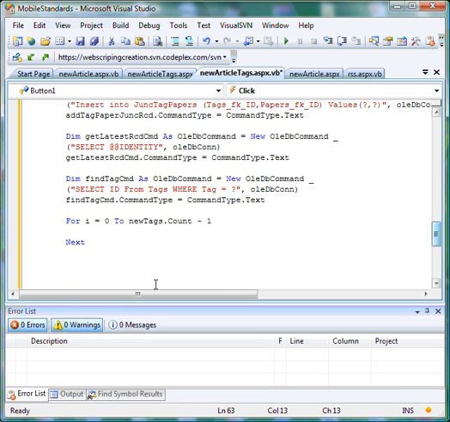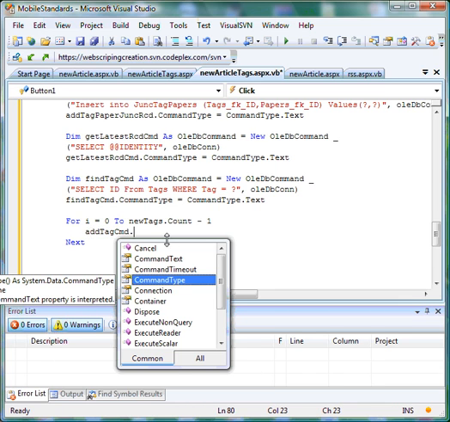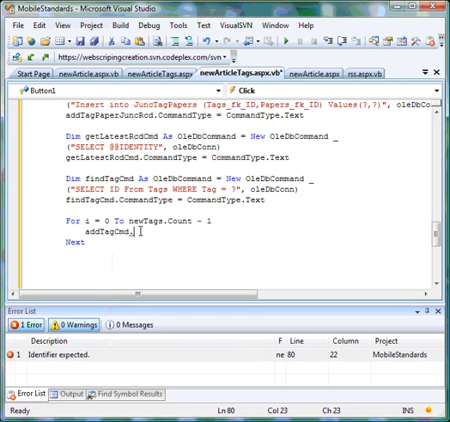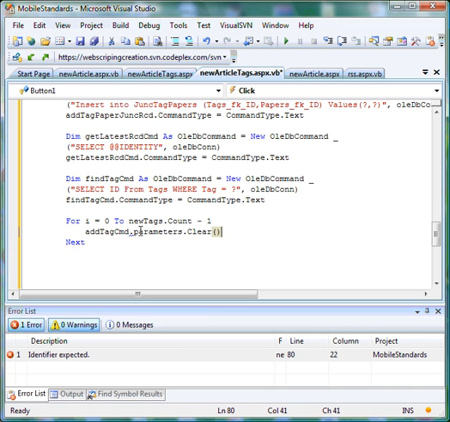Since this could be the first time or the second time or the third time that we're going to be adding another command, what we have to do is clear this command object before we do anything. So we type in something like this: add tag cmd dot parameters dot clear. So we do that first of all. We actually clear the object, and then we do our